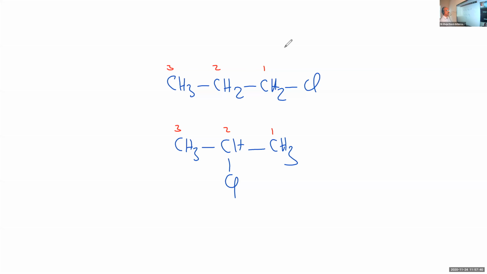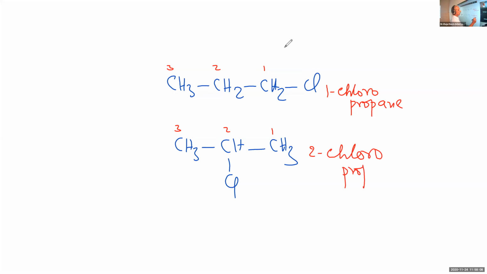The functional groups are the same: chlorine, both are halogens, chloro derivatives. The first compound is called 1-chloropropane. And the second compound is